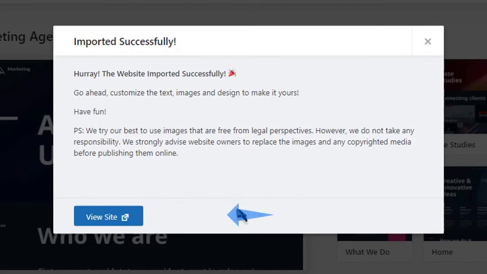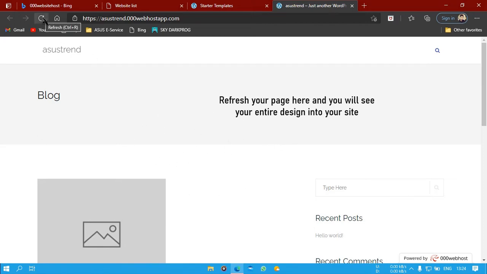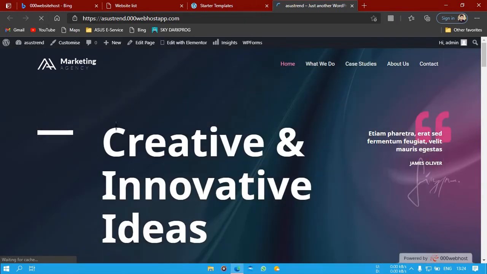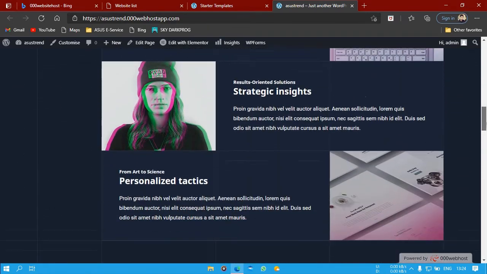And now we have to select this option, view site, and you can see this is the previous site earlier, and now we will refresh this. Yes, you can see that we have now got the entire design into our site. How beautiful is this, you can see.